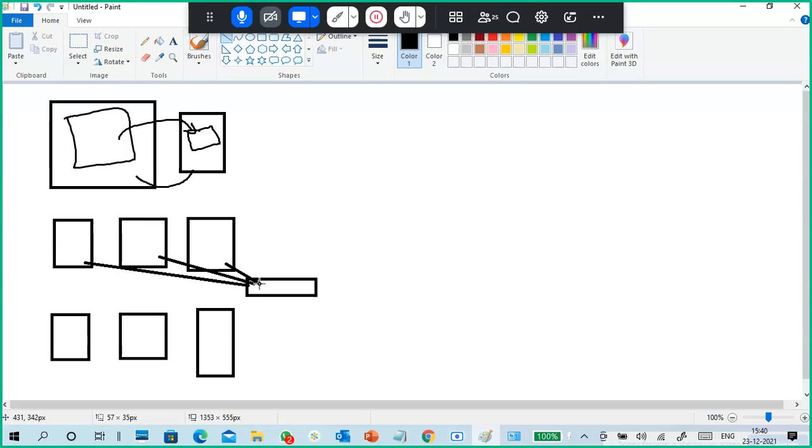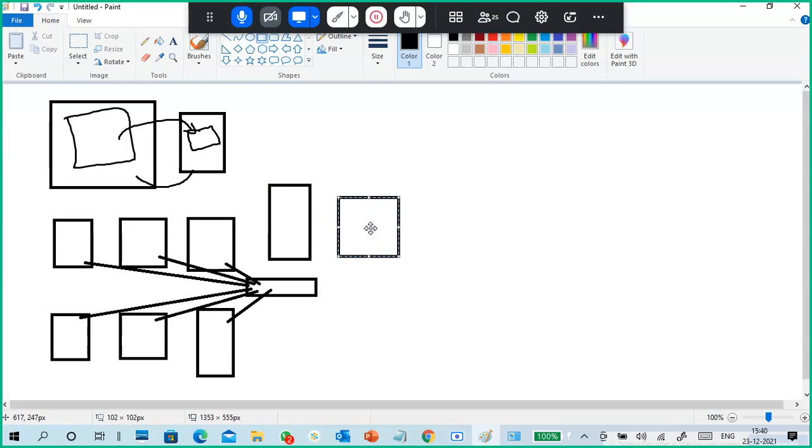So everything is connected to the network. I have no need to go to each and every PC to take a backup. I have a backup server. It is just a server, and I have a storage bay to store the data. These are also connected to the network. This is my backup server, and this is my storage space.